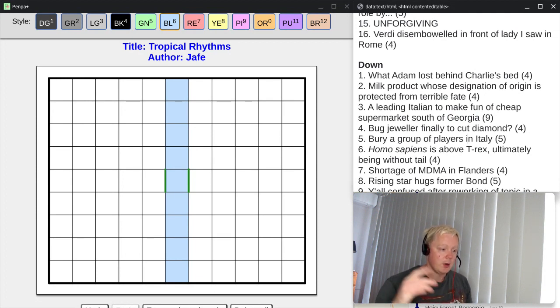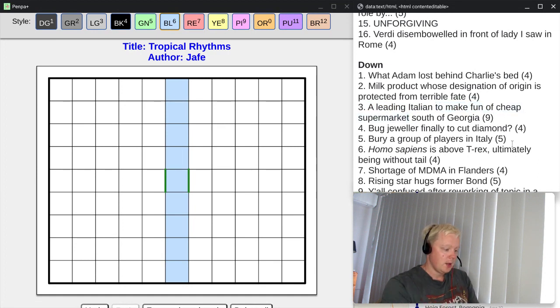This is a down clue, so south of can mean below, as in on a map, so after something. So GA would be at the start. So if this is GA, then the definition would be a leading Italian. And now if you can come up with an Italian leader whose name starts with GA, you already have the answer. And the rest of us will have to figure out what to do with to make fun of cheap